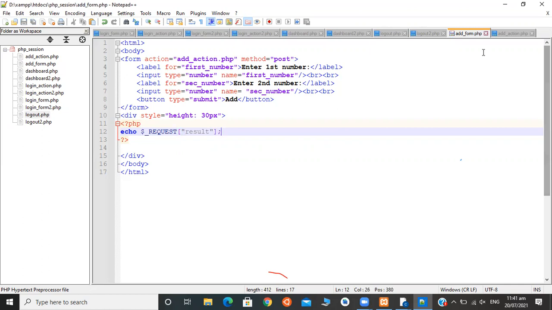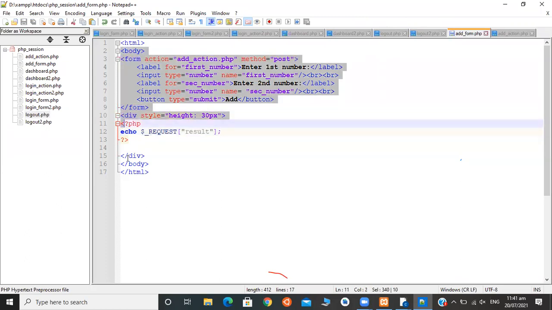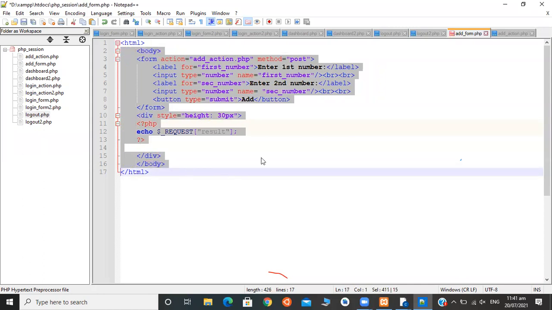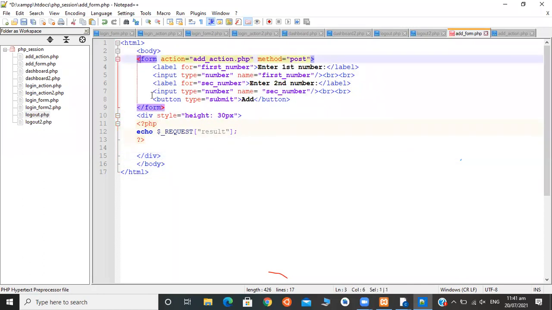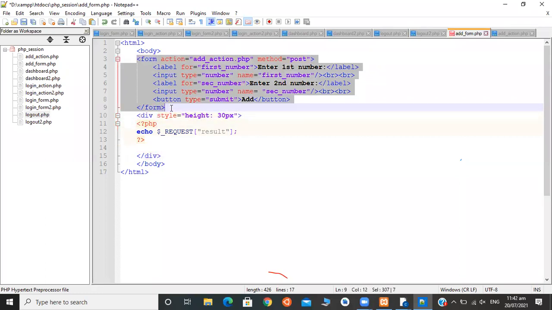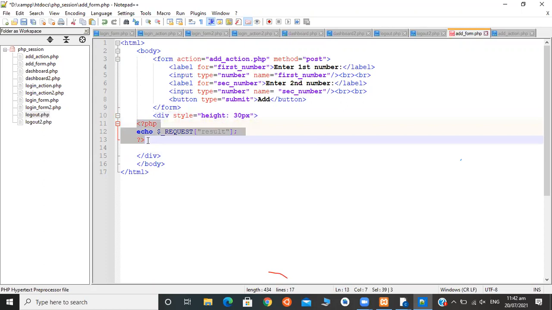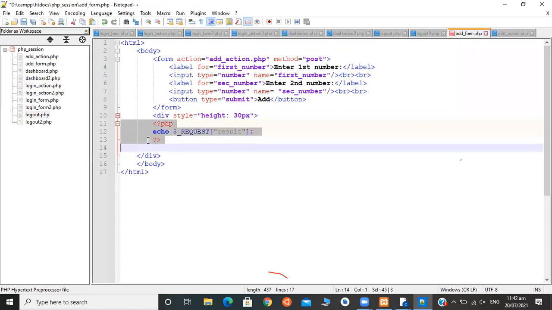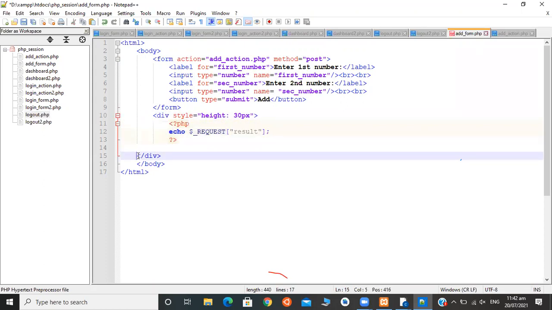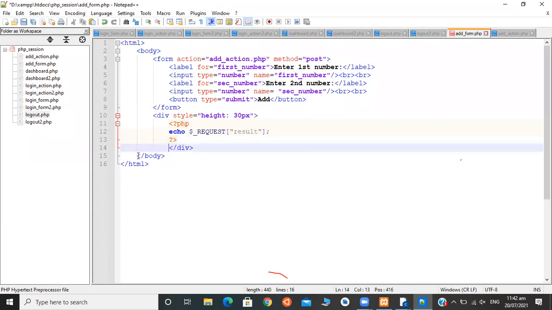Save it. You can properly assign the indentation. Save it.